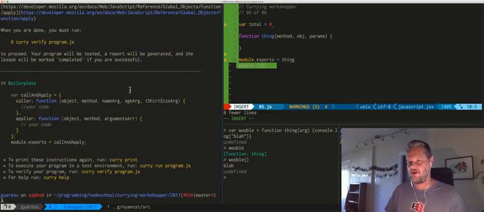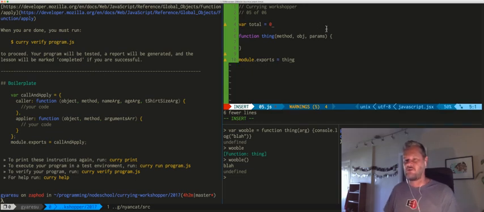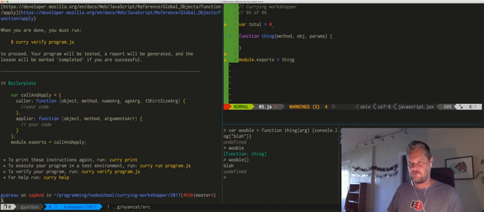Curry verify, boilerplate. Well, that's very kind of them, isn't it? So we don't want to have, what's that? Var call and apply is actually an object